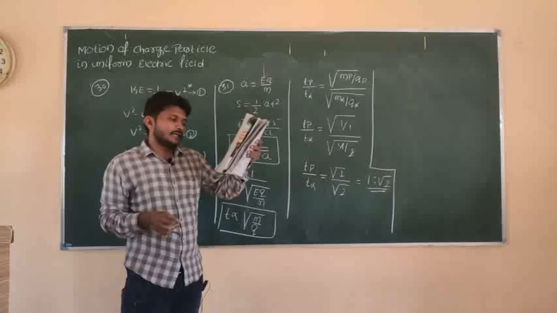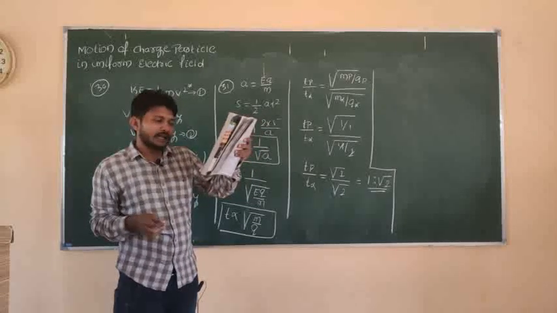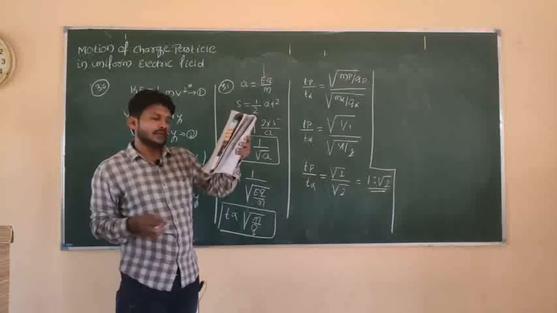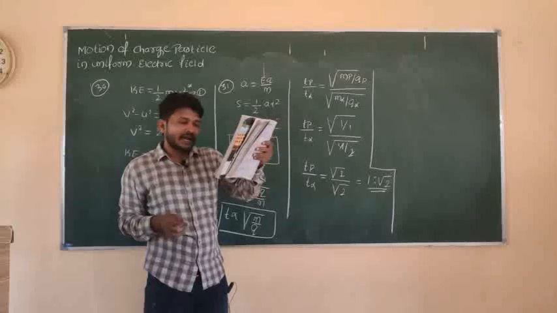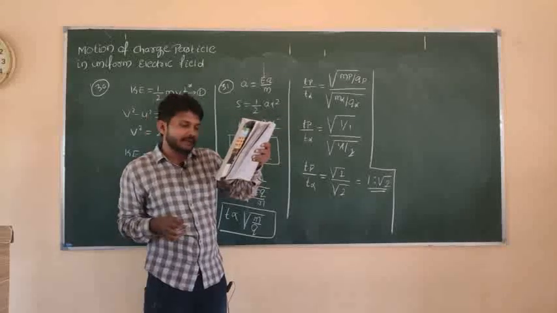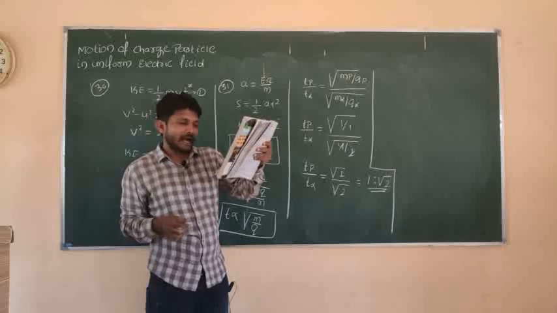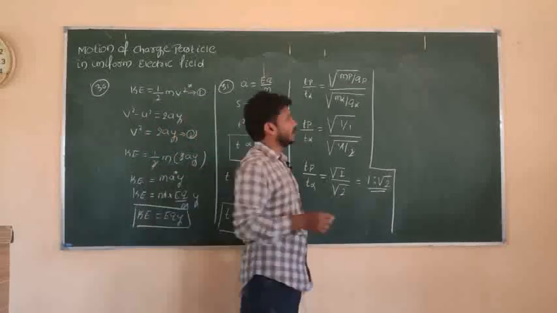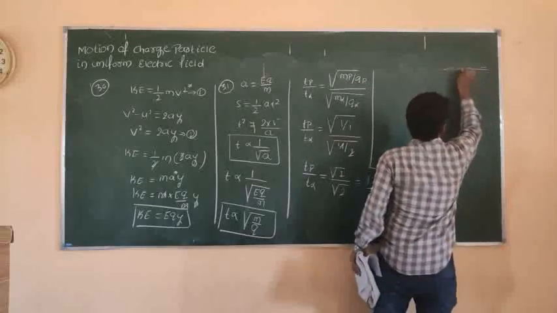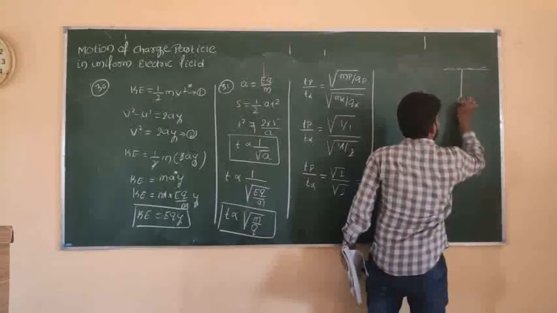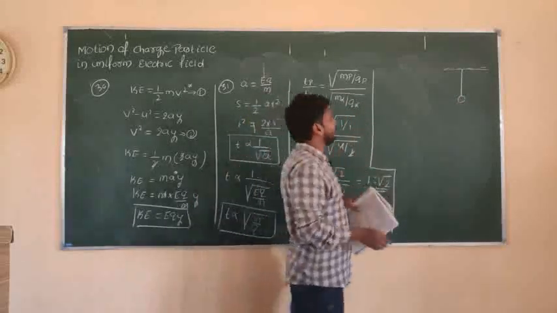A sphere of mass 50 gram is suspended by a string in an electric field of intensity 5 Newton per coulomb. One sphere is there, its mass is 50 gram and it is suspended by a string in an electric field of intensity 5 Newton per coulomb acting in the vertically upward direction. So look here, this is one support, and with the help of a string, they attach one sphere here. That sphere has a mass of 50 gram.